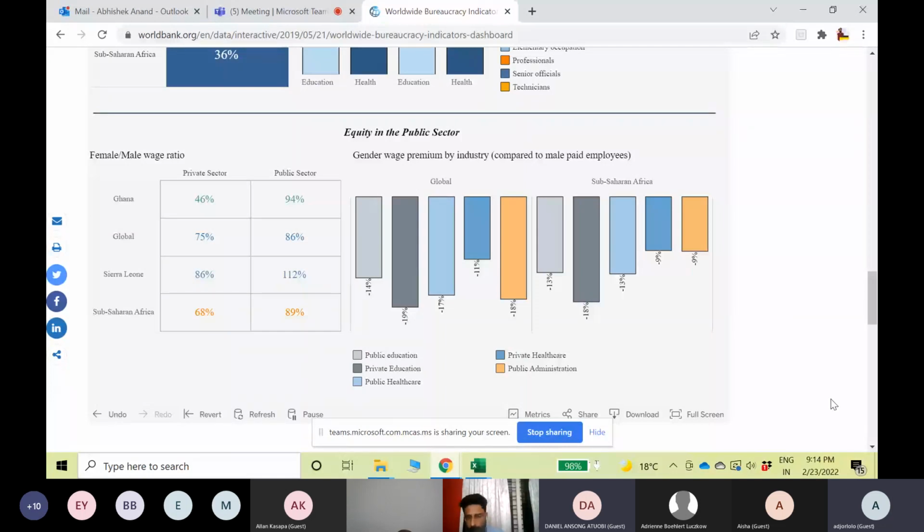But we also have to look at it historically, that women in Ghana and Africa largely were not participating in formal sector employment. It is a very recent phenomenon that we have a lot more women participating in formal employment. So I believe it's an evolution, a stage we have reached as part of our developmental trajectory, and that with time these issues will also be addressed.